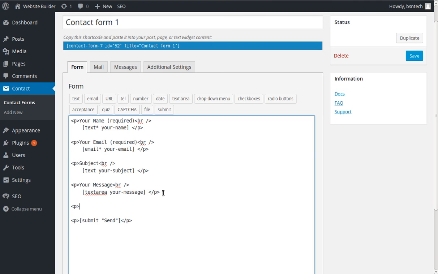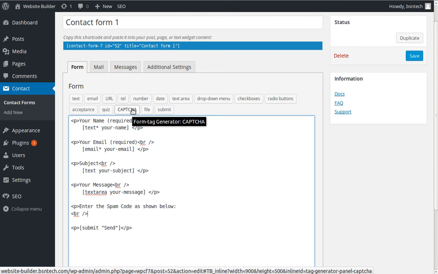P is an HTML tag for paragraph. In essence, that will skip down a line. And then I'm going to say, enter the spam code as shown below. Okay? And then I'm going to do a BR, which is basically a break, and that will go down a line. Now, to add a CAPTCHA, all we do is click this CAPTCHA button right here,